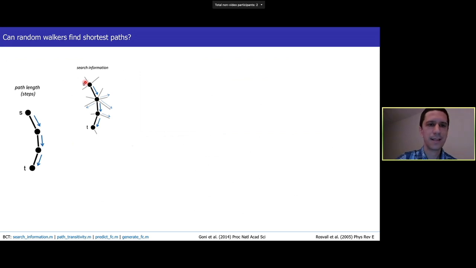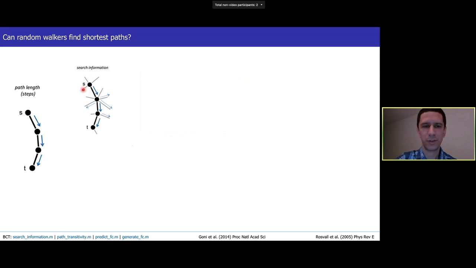The idea here is that a signal that has to go through a series of highly connected nodes, if it's a random walker, is more likely to leave the shortest path and get lost. Or in biological terms, a signal that starts in a particular node and goes through a series of highly connected areas is much more likely to become interrupted or to be subject to noise and interference from other signals in the network. So the statistic of search information is a measure of how much information